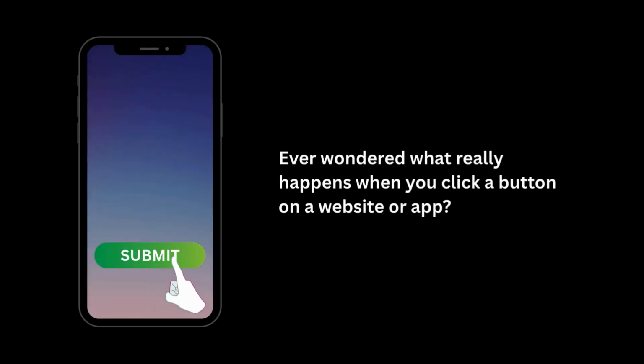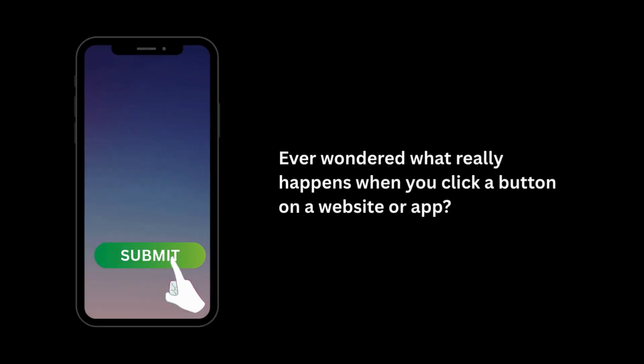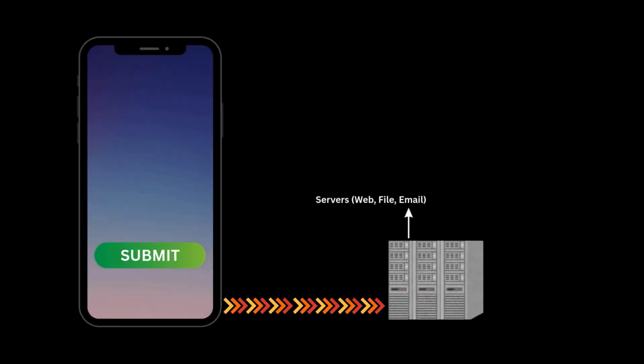Ever wondered what really happens when you click a button on a website or app? That click sends a message called a request to a server somewhere on the internet. The backend server receives that request, it checks what you asked for, like logging you in, saving your info or